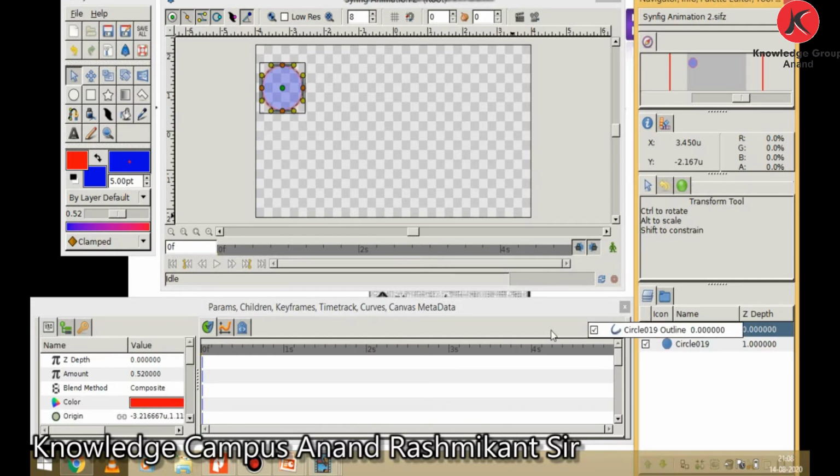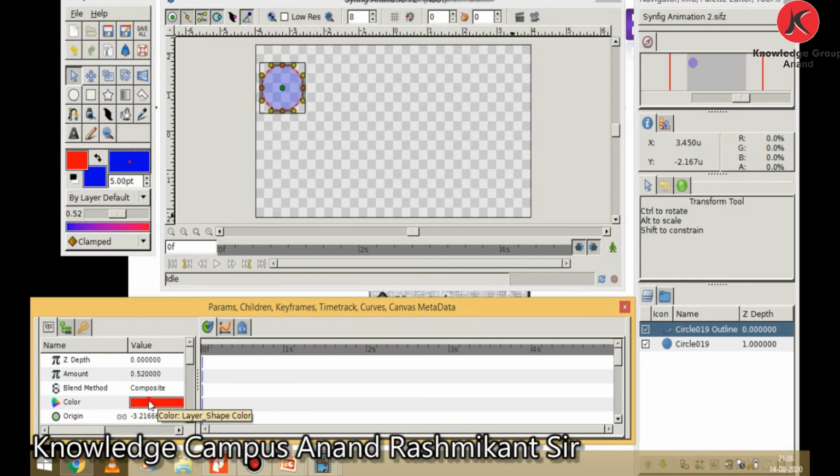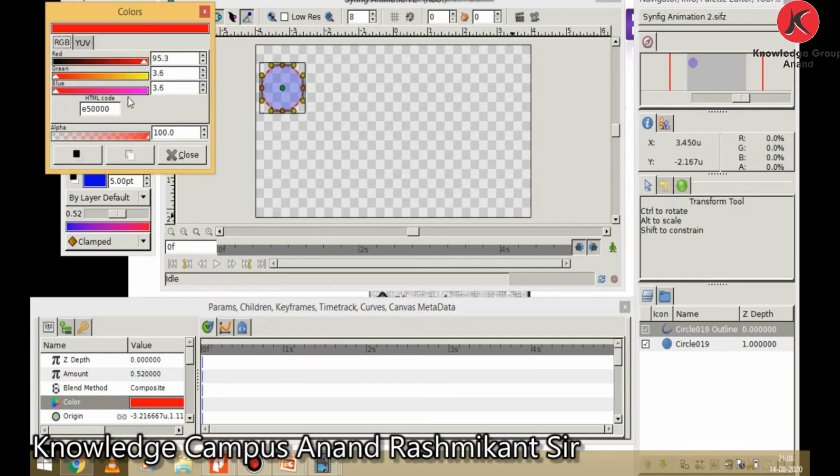You can also change its color. Suppose you want to change its outline color, then choose the layer for the outline and select it from the params panel. You can see on the horizontal panels the params panel, choose the color option and you can choose any color.